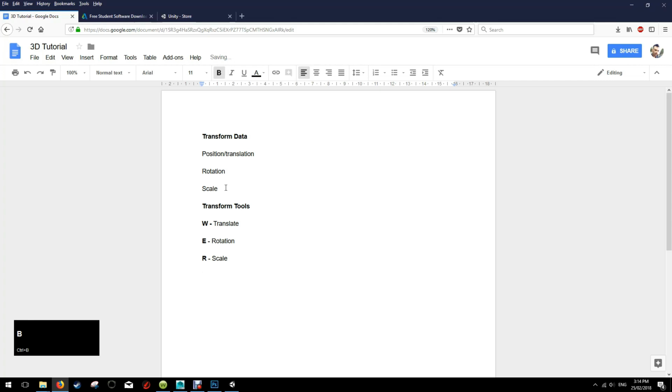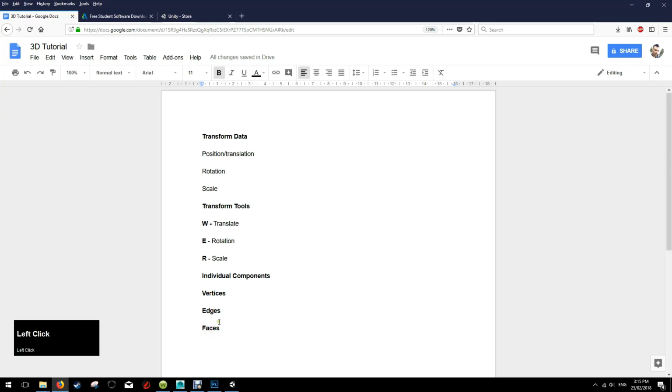Now we have another set of threes, and we've got the kind of individual components, let's call them, or I don't know what else to call them, of a mesh. And these are going to be three things: vertices, edges, and faces. And we can use these three tools on each of these three elements of an overall object. So we can use these three on a whole object, or we can use them on the individual vertices,